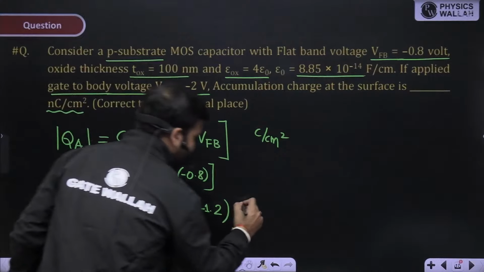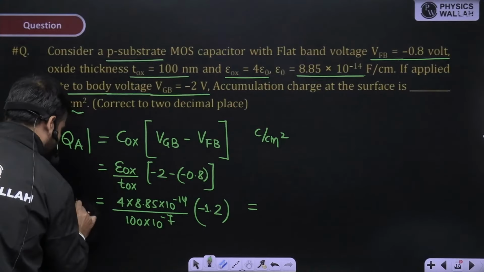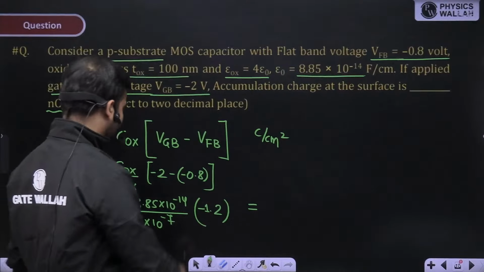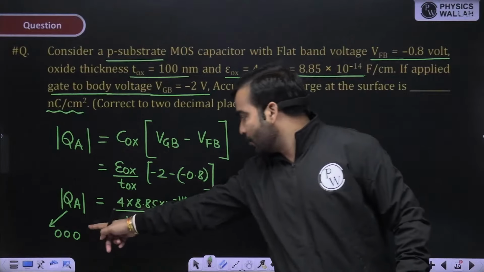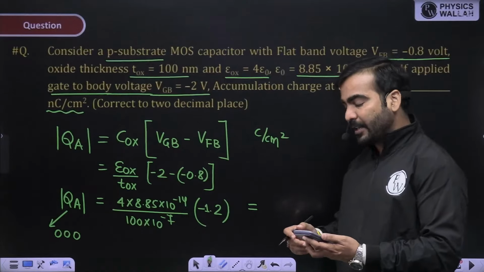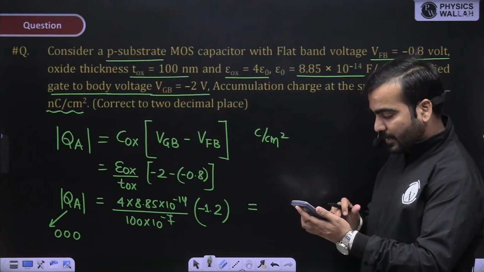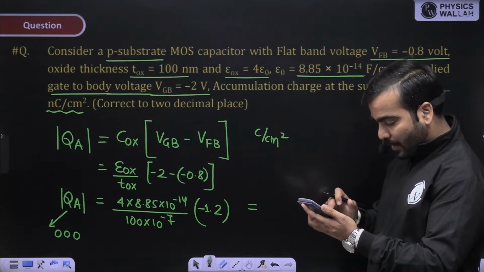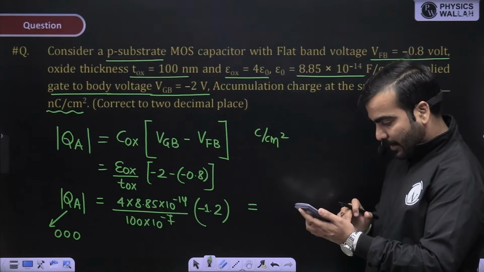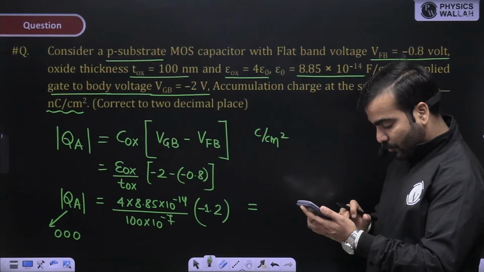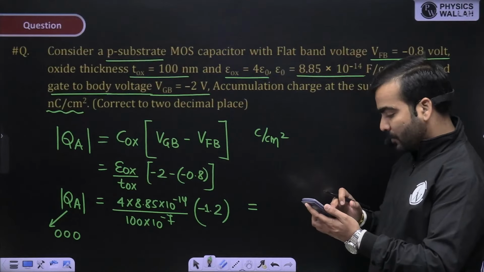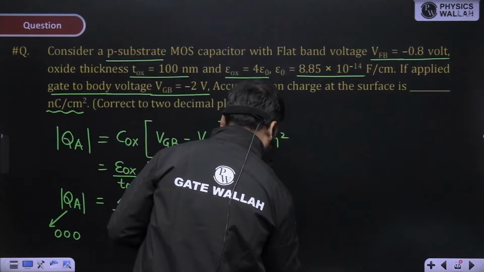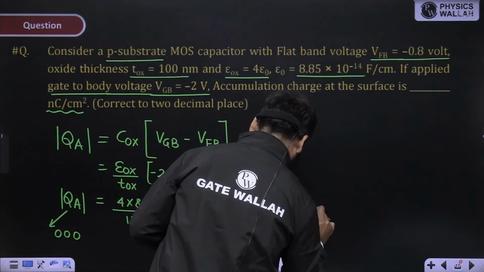So now finally, you have to find out accumulation charge, and accumulation charge is made up of holes in the P-type semiconductor. That's why I have drawn holes over here, so whenever you are revising, you will not get confused, okay? So now calculate this value. 4 into 8.85 into 10 to the power of -14 divided by 100 into 10 to the power of -7 into 1.2. This is 4.248 into 10 to the power of -8